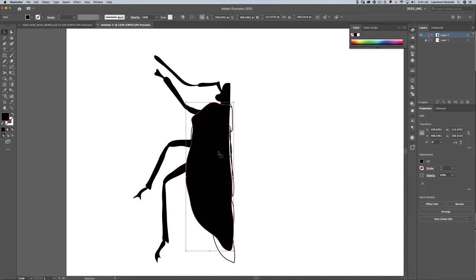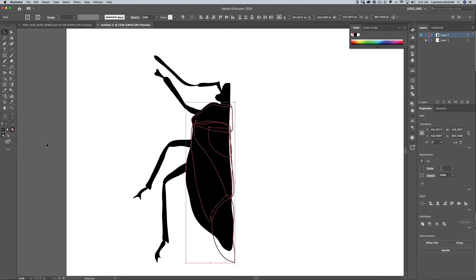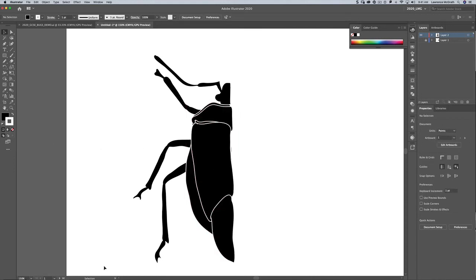And now it feels a little bit complicated. We can't see what's going on, but it's not the end of the world. What we can do is put a stroke on things, so I could select everything within the body, and I'm just going to flip them around so that you can see the outlines there. So what we're going to do now is select everything,